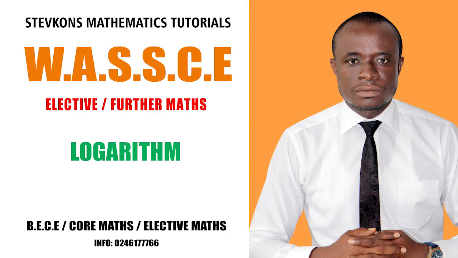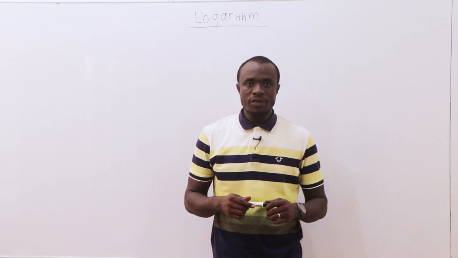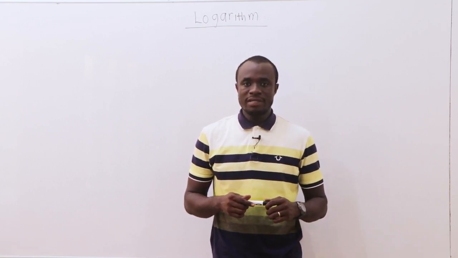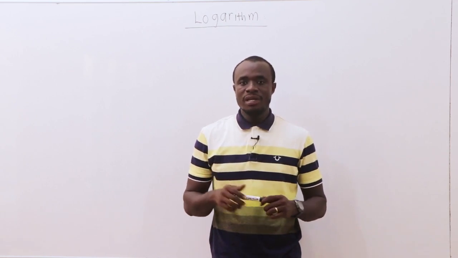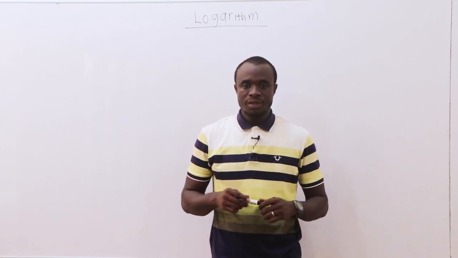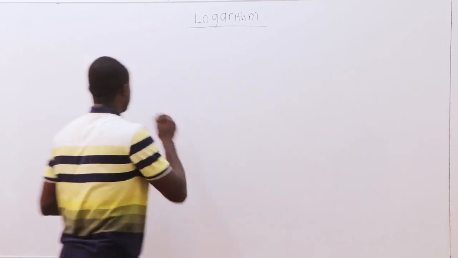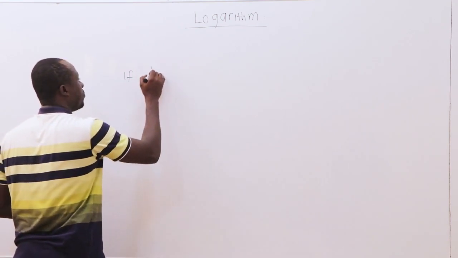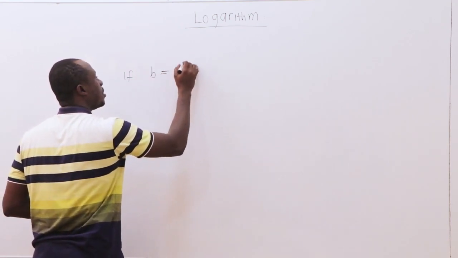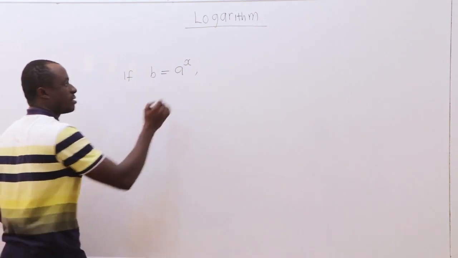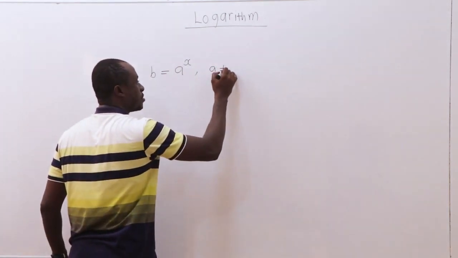Our topic today is the logarithm function. The inverse of an exponential function is called the logarithm function. Logarithm is another word for index, power, or exponent. Now, if we have b equal to a to the power x, where a is not equal to